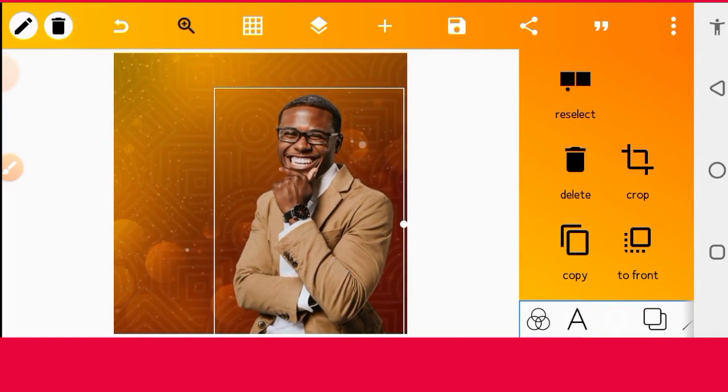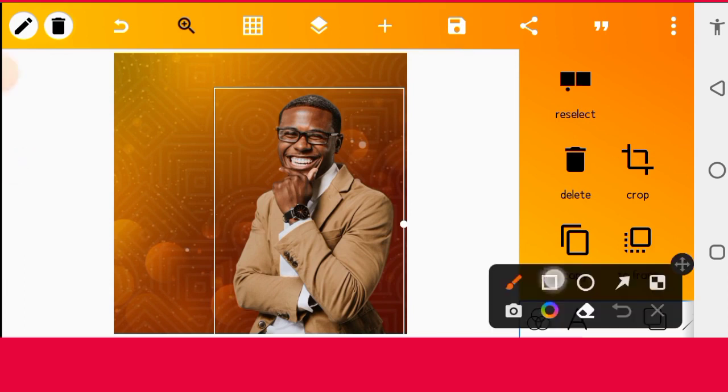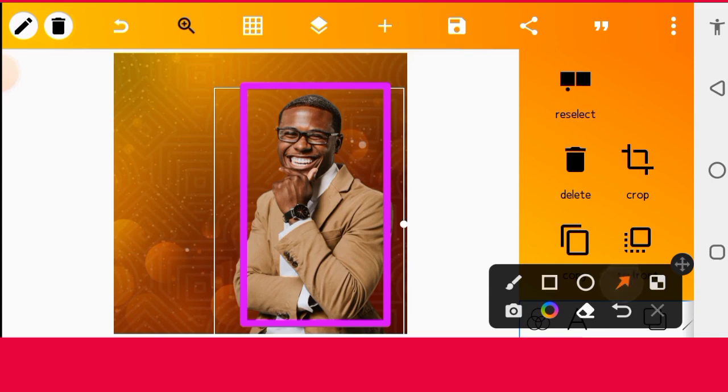So I've brought in the image and I've resized it, positioned it where I want it to be. The reason why I position it at this position is because when you are positioning an image, you have to look at the image. See, this image is facing this side. The direction, the concentration of this person is facing this direction. So I have to put it this way so that when I put my write-ups here, it's going to match with the